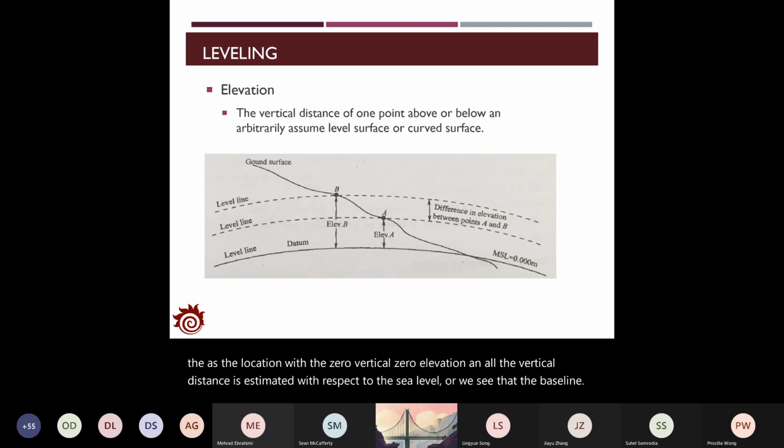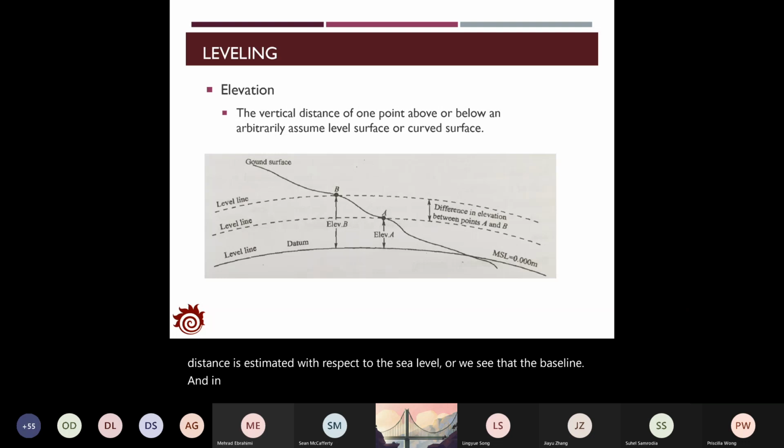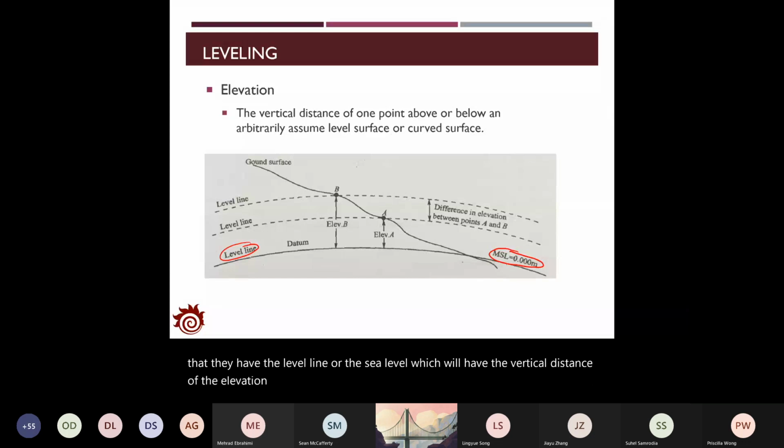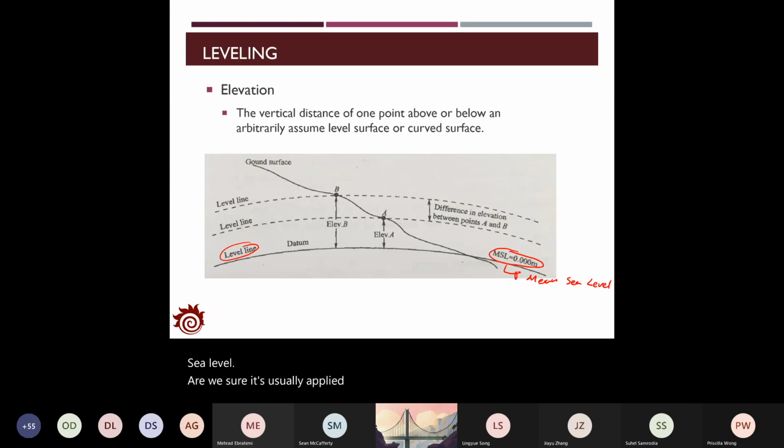And in this graph, you can find out the vertical distance, assuming that you have the level line or the sea level, which will have the elevation of 0. And this is defined as the mean sea level,